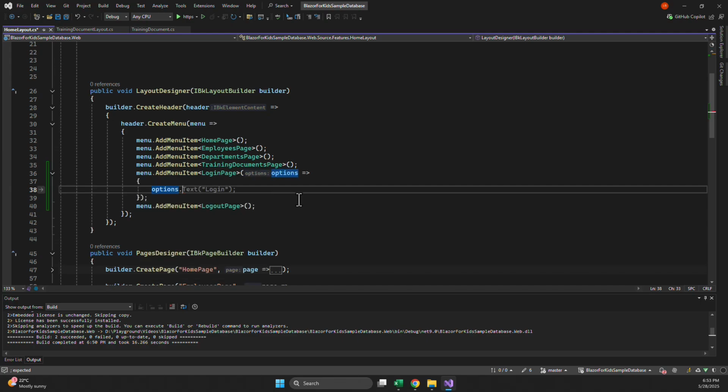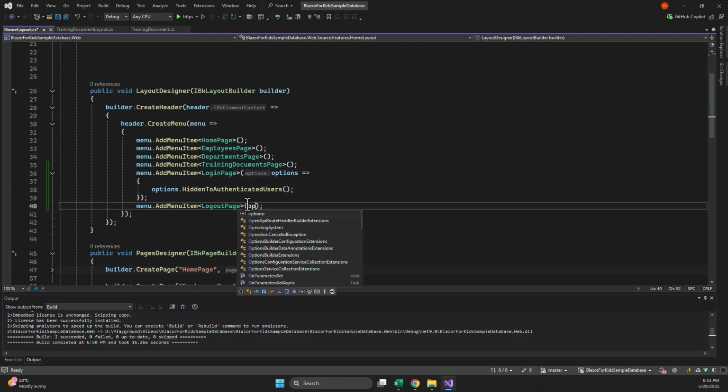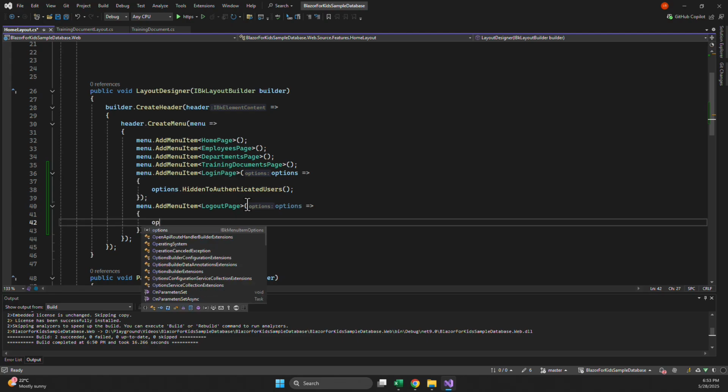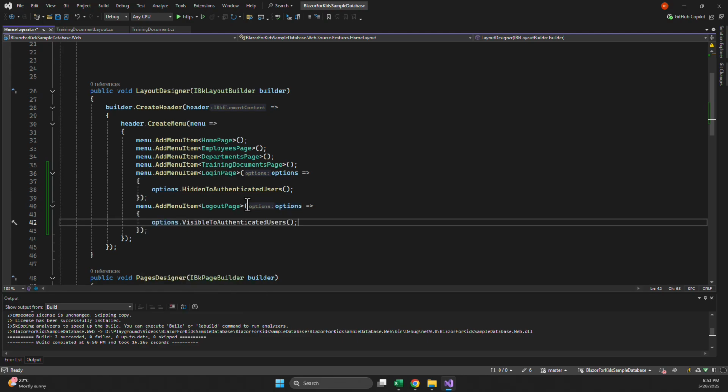You have this kind of options on all menu items. This one will be hidden to authenticated users, and this one will be visible to authenticated users. Okay, but in order to log in, we can create a new user for the application manually,